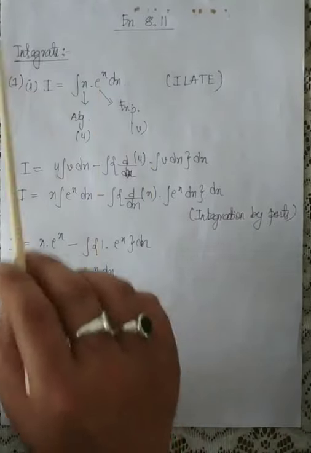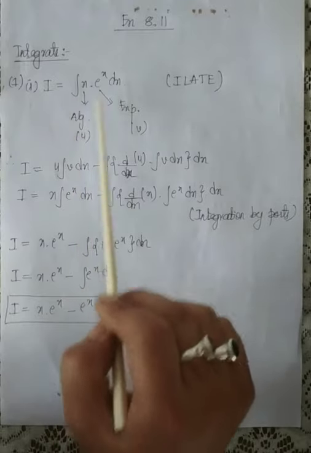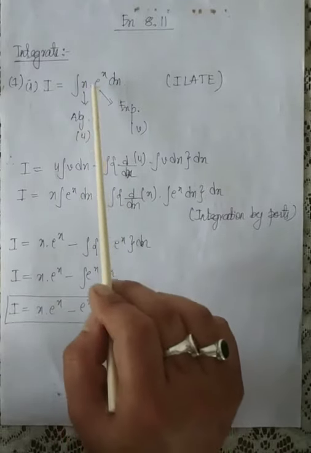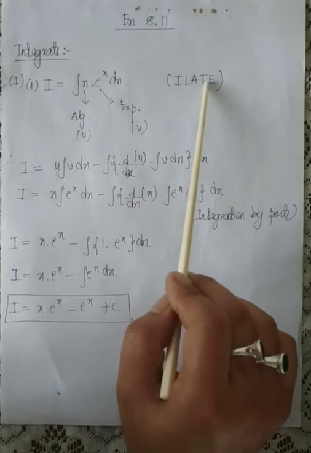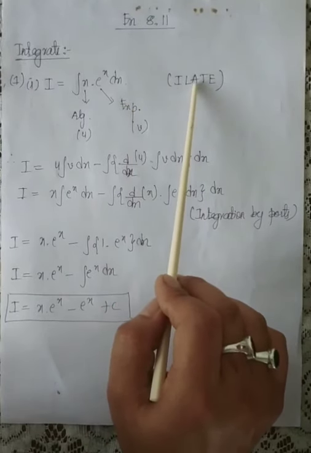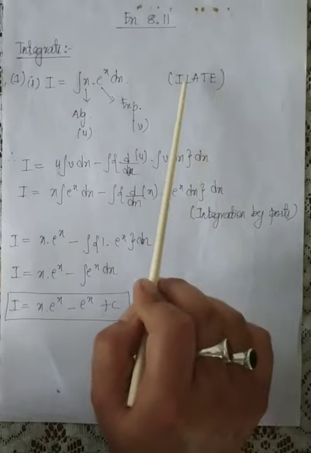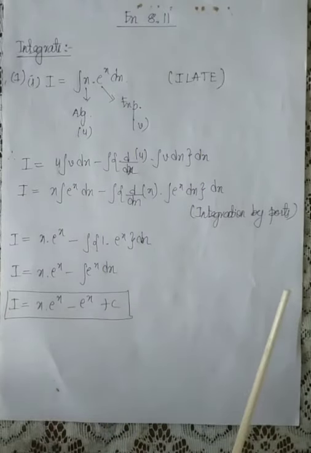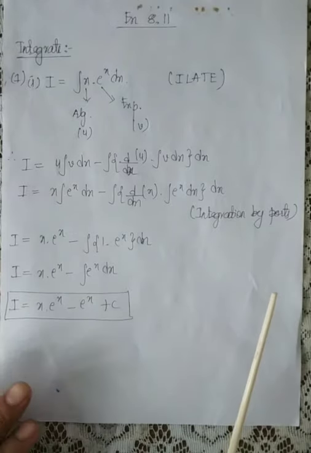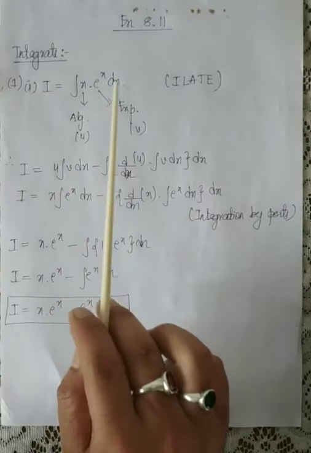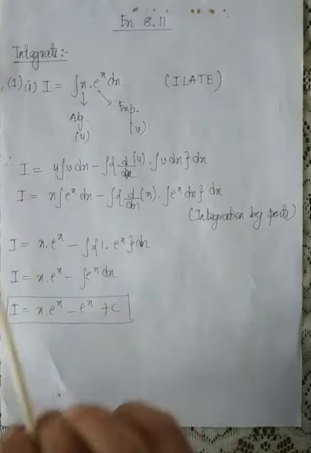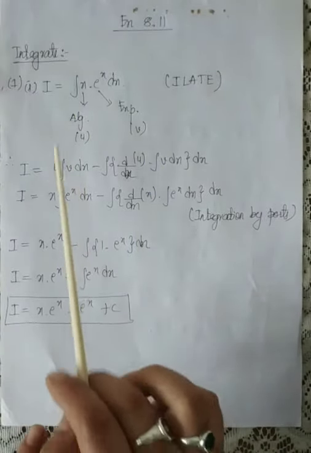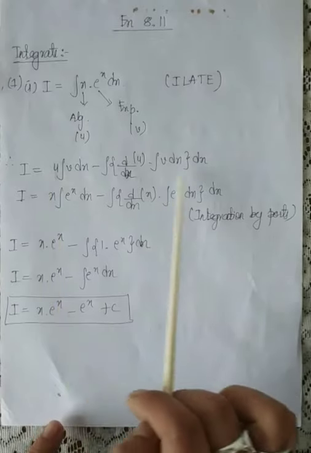Just check, okay? Once you see the question, then just mark which function it is. Here x is algebraic, e to the power x is exponential. Now you see out here ILATE, algebraic comes first, then exponential. So hence algebraic function will be u, exponential function will be v. So simple as that, okay? So therefore now, according to formula, the question is telling me to integrate. I cannot integrate it directly unless I use integration by parts. So hence, according to the formula,